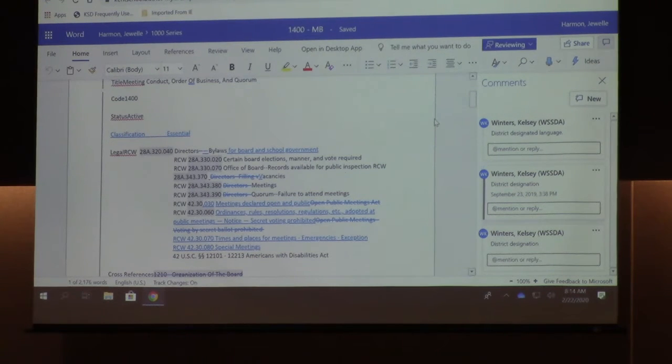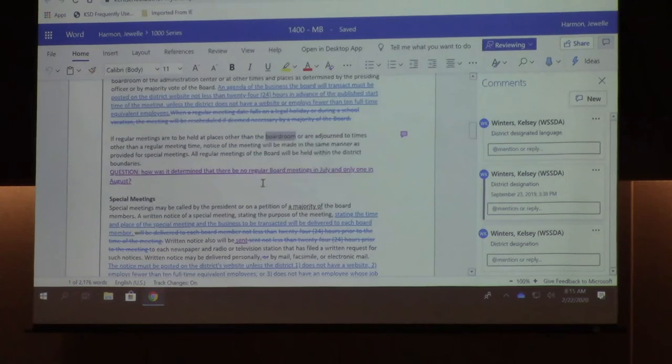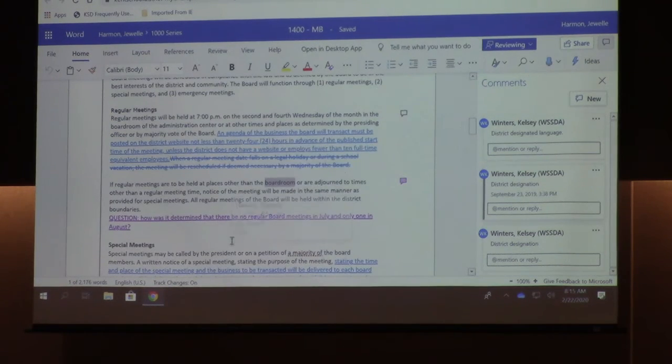It's just been a learning process for me how policies are developed, because you guys are on the inside and work with this. This is not my degree field or the business field that I've been in, so I'm learning. Typically, a lot of the updates are driven by some law change or some court case related to an operational decision, and that's where we see the adjustments. And some of them are just WSSDA's interpretation or suggestion.